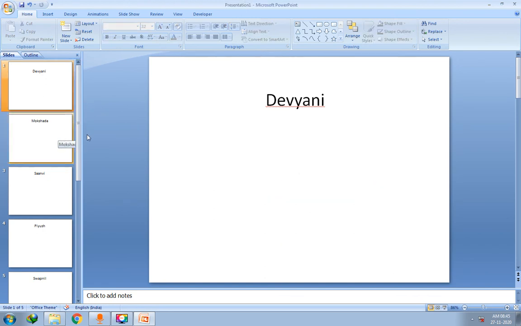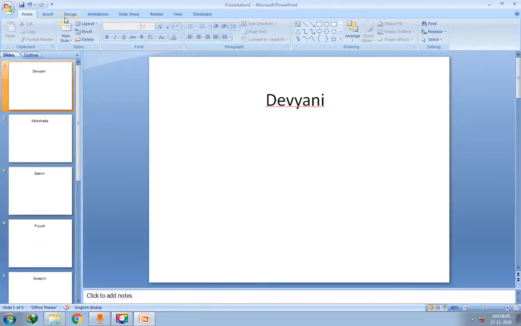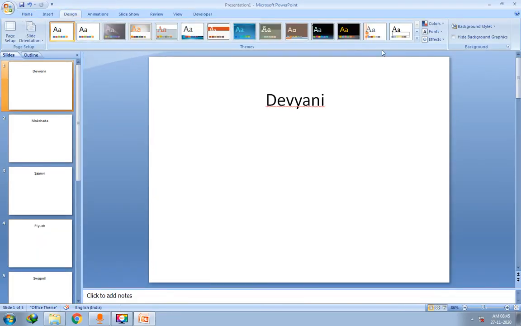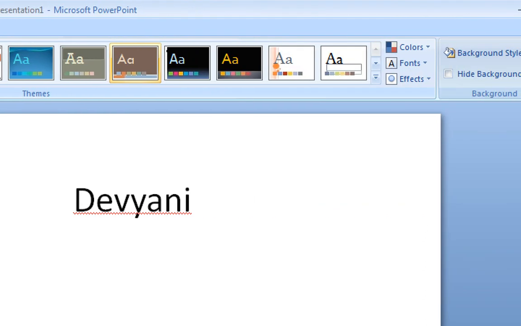Now I will change the theme. How to change the theme basically? So in order to change the theme, go to the Design tab. As they have instructed in the book, go to the Design tab and choose any one from these themes. Otherwise, if you do not like these themes, just click on the arrow, this arrow, right?